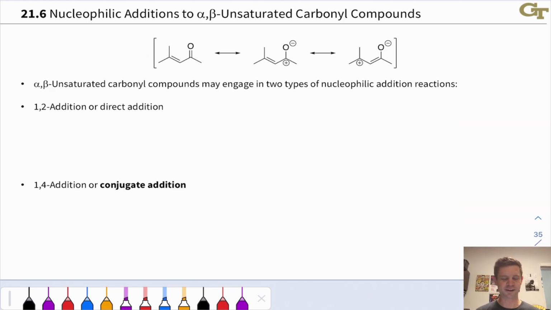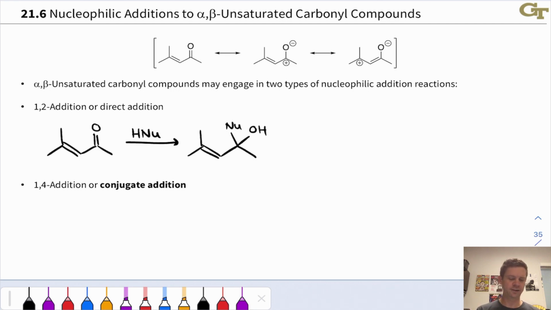We can think of alpha-beta unsaturated carbonyl compounds as almost like alkoxide-stabilized allylic cations, and in that sense they're electrophilic both at the carbonyl carbon and at the beta carbon. This leads to two types of nucleophilic additions, and we're going to look at these in more detail on this slide. The first is what we'll call 1,2 or direct addition,